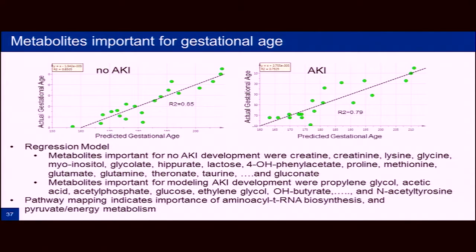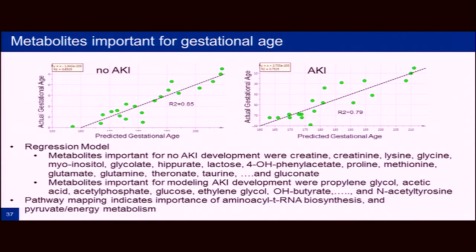Now, when we looked at gestational age, we were also able to determine some markers that correlated with gestational age. We fit two models here. The one on the left is for AKI, or no AKI, on the right for AKI. And again, there's a series of metabolites associated with these models, and we can put that into a pathway mapping analysis and found that aminoacyl-tRNA biosynthesis is one of the most enriched